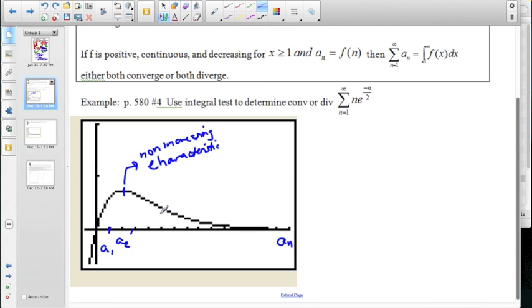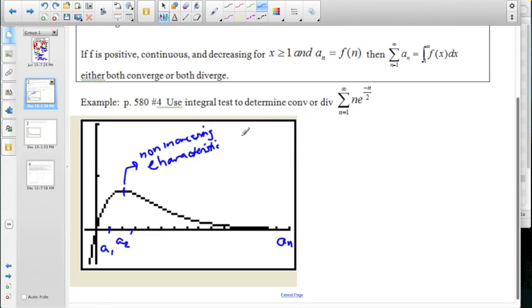And so when we're talking about whether or not we should let this be a non-increasing function, the answer is yes, because we're really only talking about adding the value of one more term to that